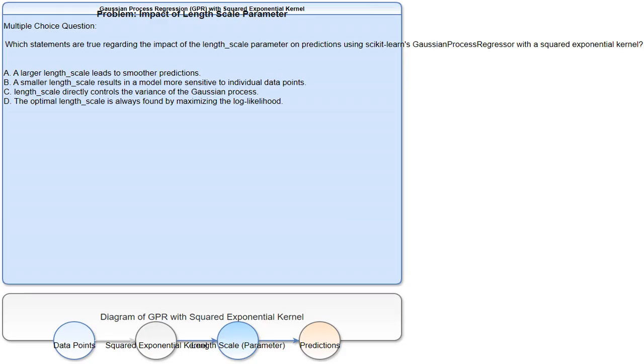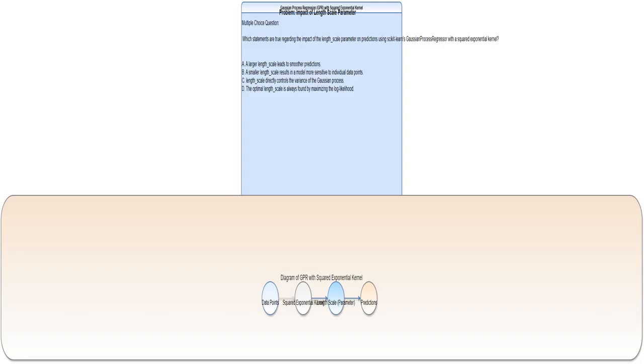We're using Gaussian process regression, GPR, a powerful tool for regression modeling. I am using the squared exponential kernel, a type of function that measures similarity between data points. It's a popular choice in GPR. This is a visual representation of Gaussian process regression using a squared exponential kernel. Imagine it as a graph showing how the model makes predictions. You would see the data points, the kernel function that shows the relationships between points, and the resulting predictions based